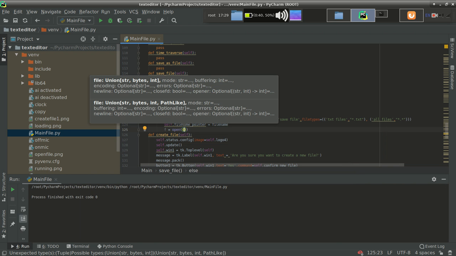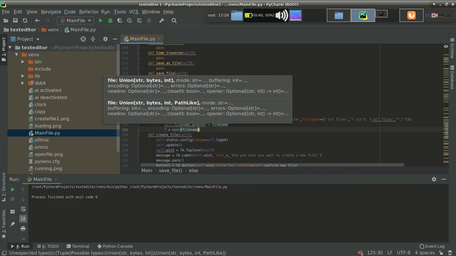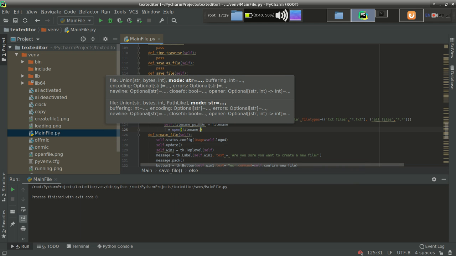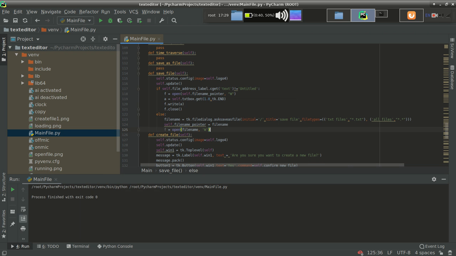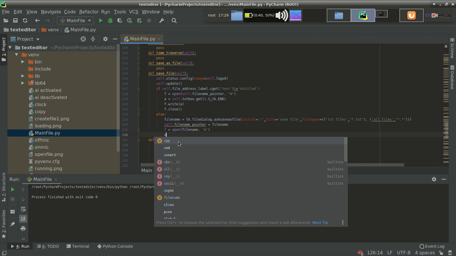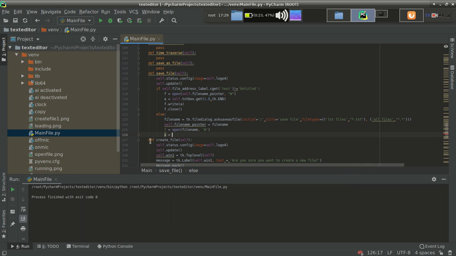What I will do, file name, comma, since I am saving, I am using write mode, and again I am getting the value of text, this line, text box. So I have the value right now. It's time to save the file.